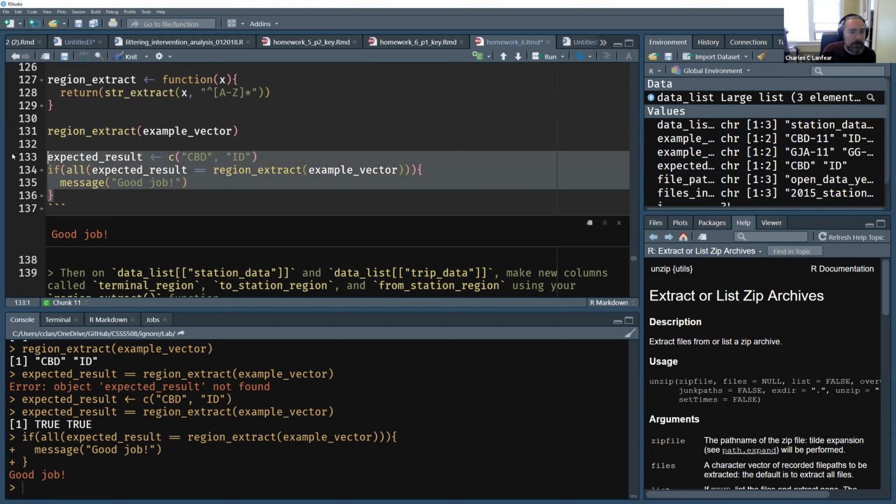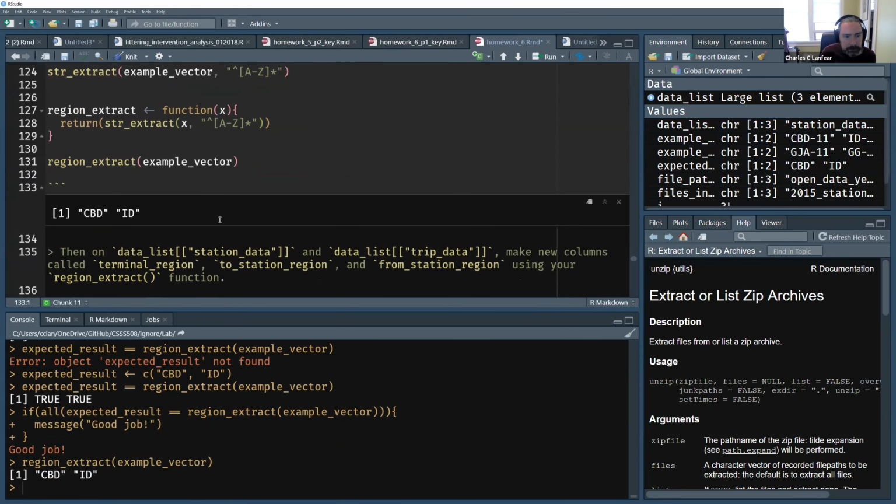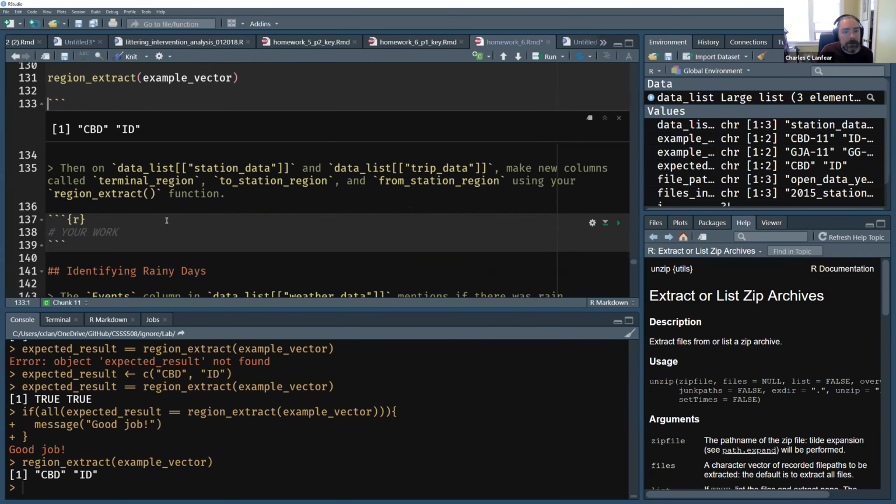Anyway, it's not important that's there, so I'm going to delete it. So we got this region extract. Okay, so now what I want to do, let's use this little function to perform an actual task. So we go down here, and if we take a look at station data and trip data again,